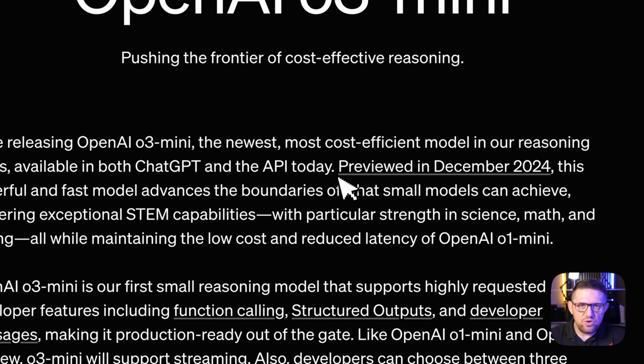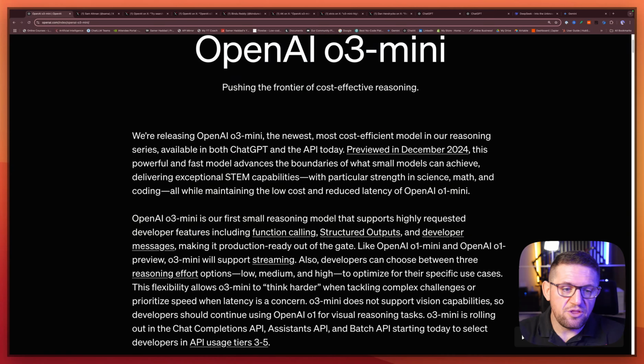Now, one of the weird things, honestly, till now, at least for me, I don't have access to o1 through the API. So it's good to have access to something that is good when it comes to reasoning. o1 is still not available, I would assume, for most people. I'm a tier 4 or tier 5 organization on OpenAI, and I don't have access to o1 yet. So I assume the vast majority do not. So now they're giving us o3-mini. We would still be waiting for o1, I assume, but okay, this is better than nothing.